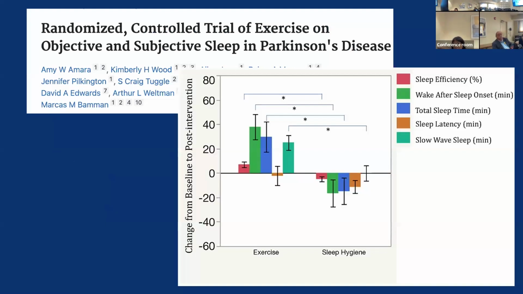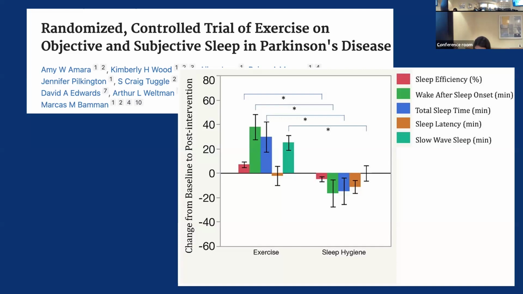So I just thought this was an interesting study, because I mentioned that exercise can be helpful in insomnia. This was the RCT of exercise on objective and subjective sleep in Parkinson's disease. We found that exercise improves motor symptoms and subjective sleep quality in Parkinson's. They looked at high intensity exercise rehab with resistance training compared with sleep hygiene controls. So they looked at people with Parkinson's. They were randomized to exercise that was supervised 3 times a week for 16 weeks. They had 27 people in that group versus a sleep hygiene alone group, which had 28 people.